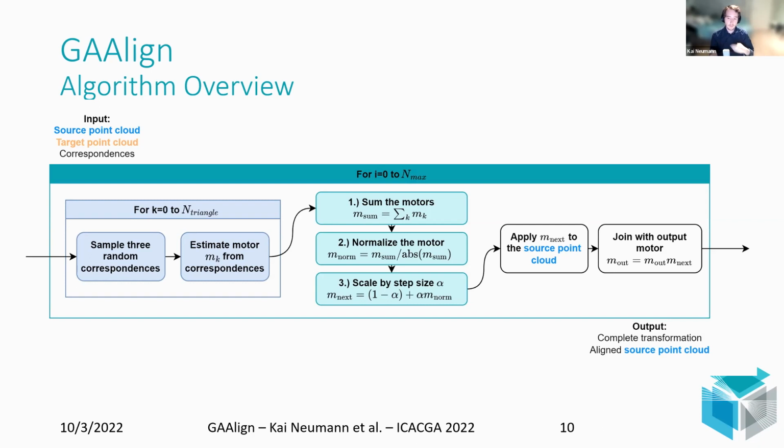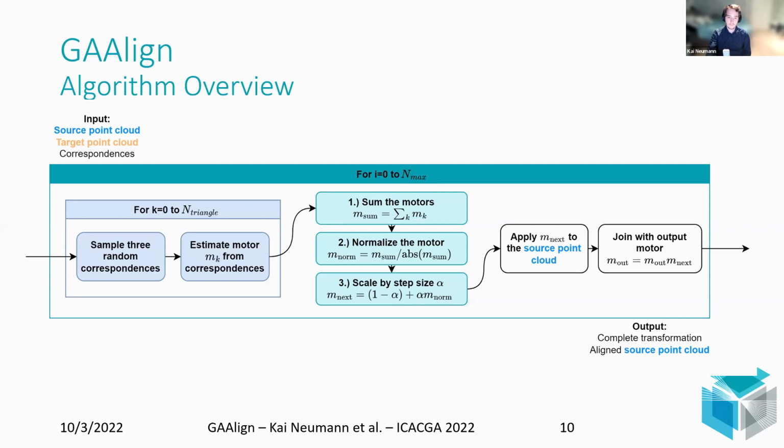And then we apply our new motor, so the resulting scaled motor, to the source point cloud. So we move our source point cloud a step towards the target point cloud. So in the next iteration, when we are calculating new motors, we're calculating from the updated positions. Okay, and finally, we're then joining the new motor with the output motor, so we get a full, complete transformation